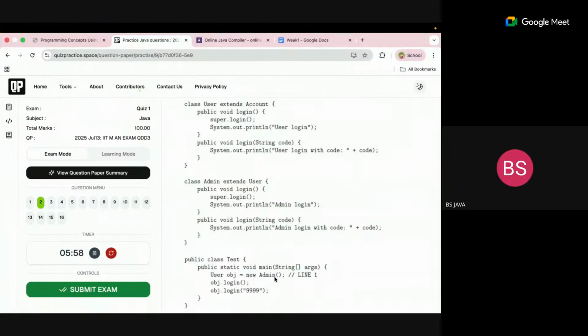So the object is of type admin, right? Let's see how the compiler will process. So obj is of type user. It will go to user and check whether it has a login method or not. Yes, it has. So the compile time check passed. Then let's go with the compile time check for the next one, obj.login with